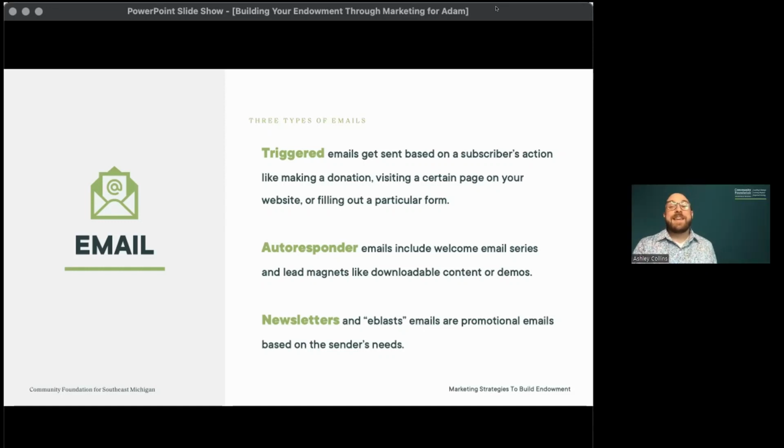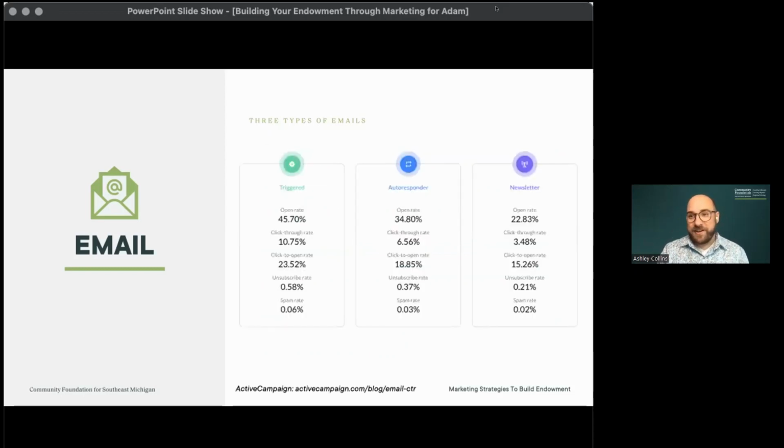All right, the correct answer is in fact triggered emails. This is taken from ActiveCampaign, which is a marketing software. And so they took a study and they showed that triggered emails have a 45.7% open rate. 45.7. That's incredible. Autoresponders have a 34, and newsletters have a